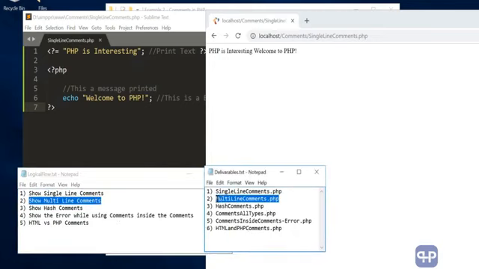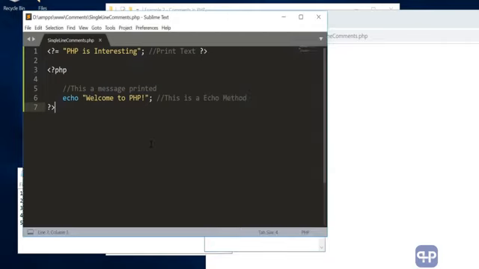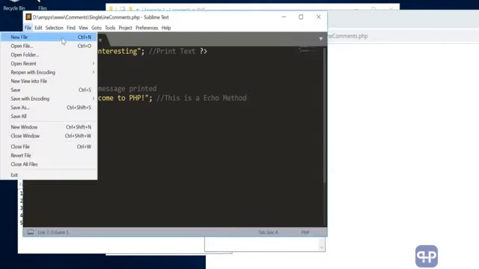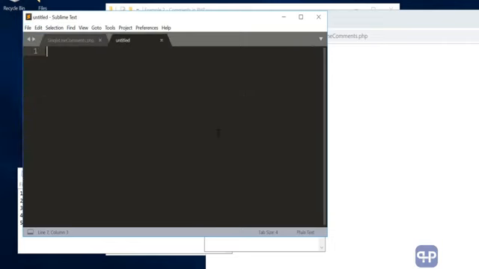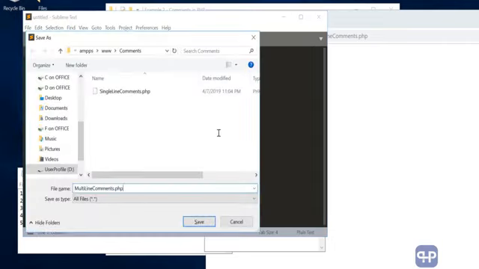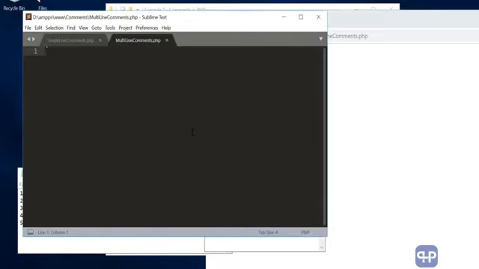Okay, so I'm going to create a file, multi-line comments.php. I'm going to use Control N to create a new file and Control S to save it. The file name is multi-line comments. Save it. Okay, so I'm going to write a multi-line comment. So we'll open PHP tags. Inside that I'm going to write the multi-line comments. I'm going to say this program is used to understand the types of comments in PHP. Okay,